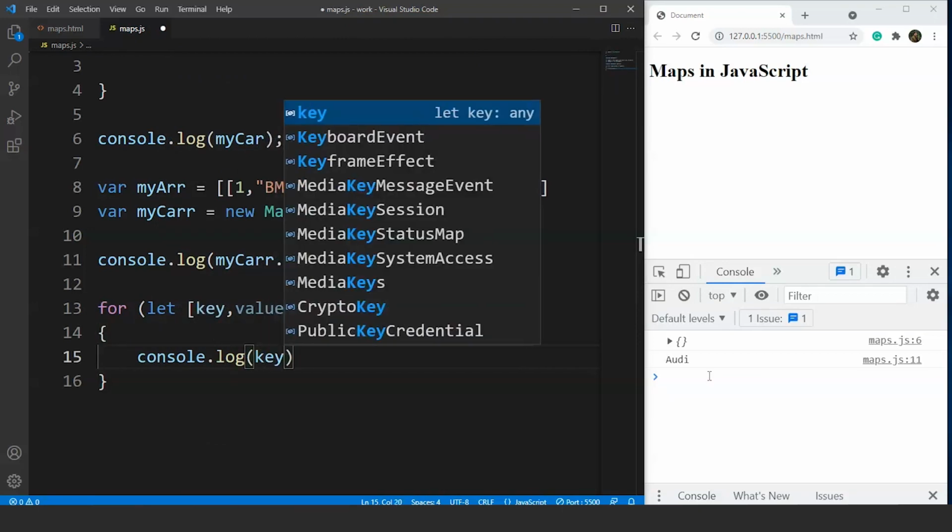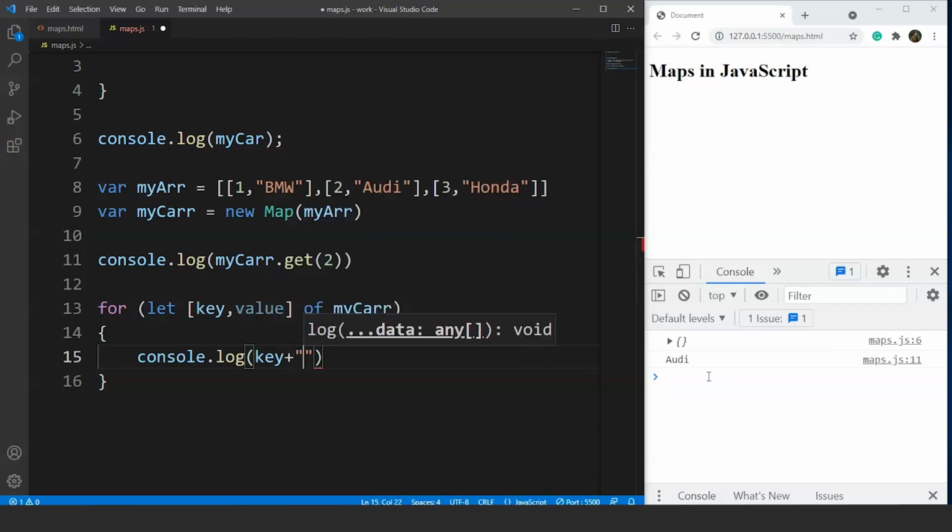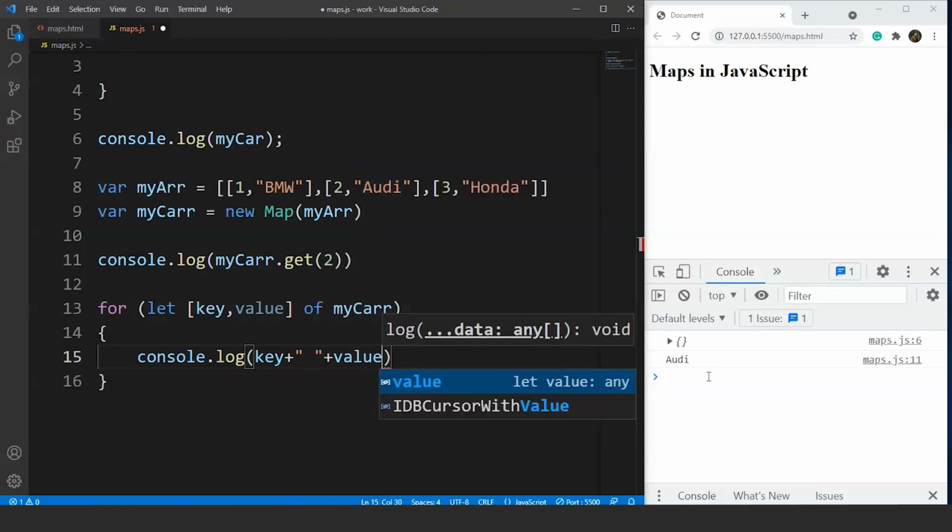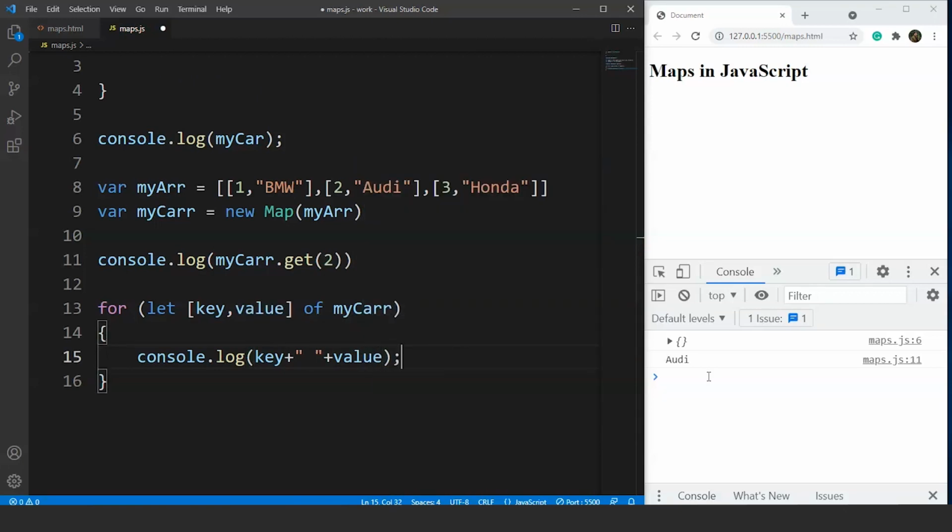Fine. So we'll write here key, then space, and then we'll write here value. Save it, and here you can see we have keys and values here. We have 1 BMW, 2 Audi, and 3 Honda. Fine.